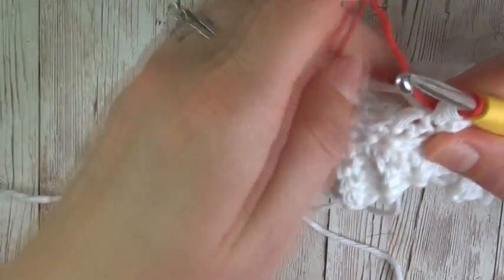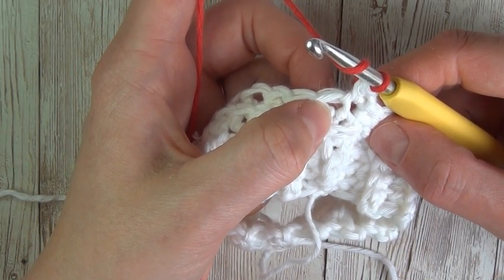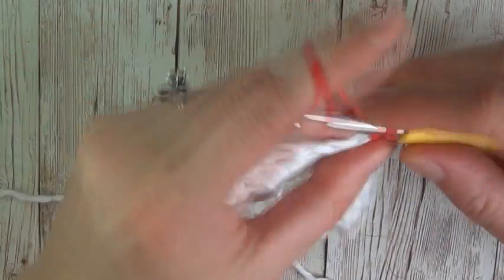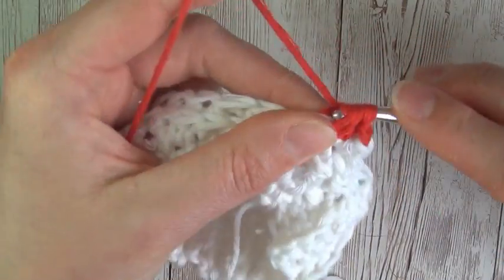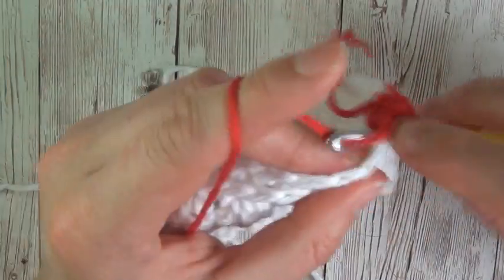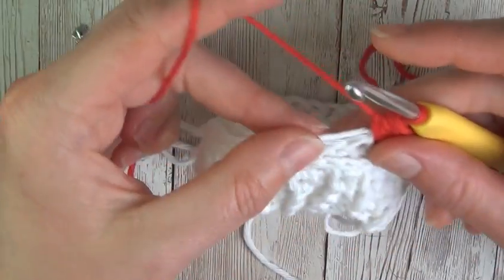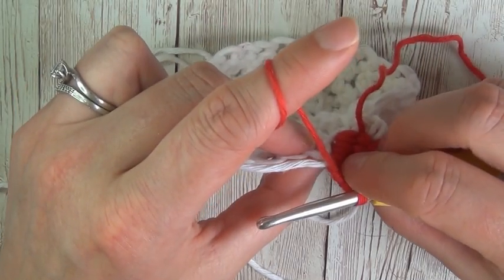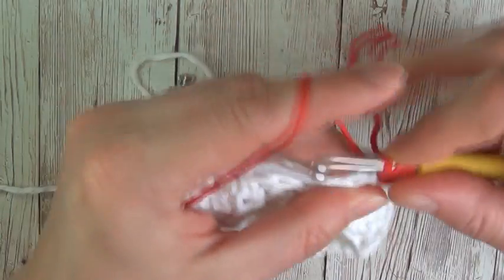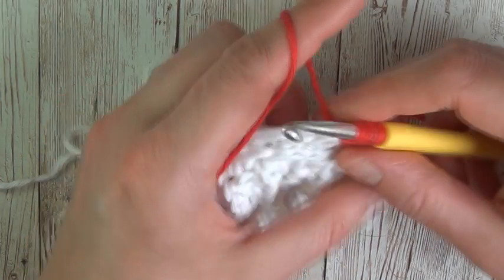because then the next stitch we're going to be doing our 5 half double crochets in the same stitch, and we want it in the red. So if I do that, 1, 3, 4, you'll notice as well that I'm sandwiching the white yarn. So I'm carrying it, but I'm carrying it so it's tucked into the stitches. So 5, so that last stitch before we wrap our yarn and pull through all loops on our hook,